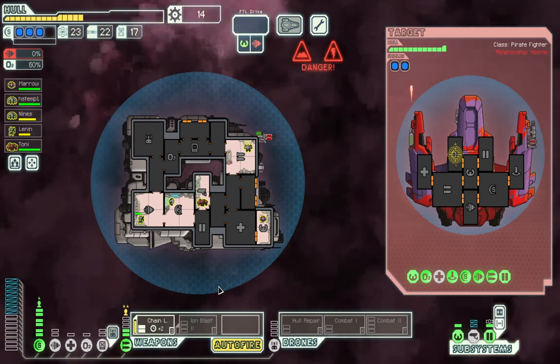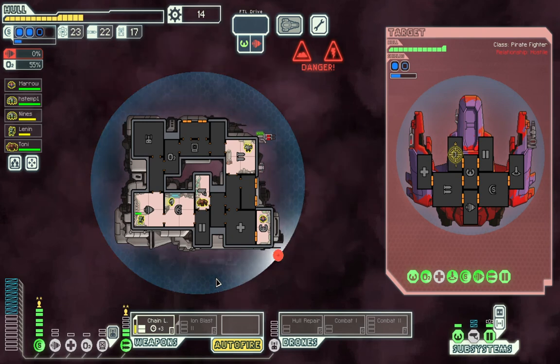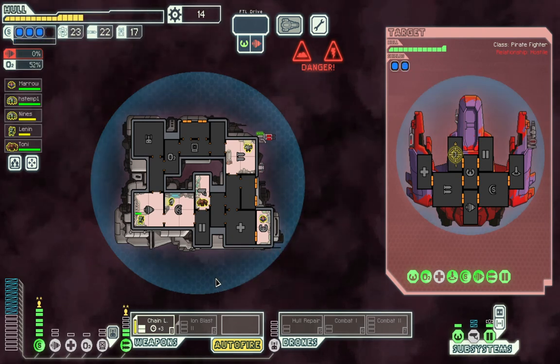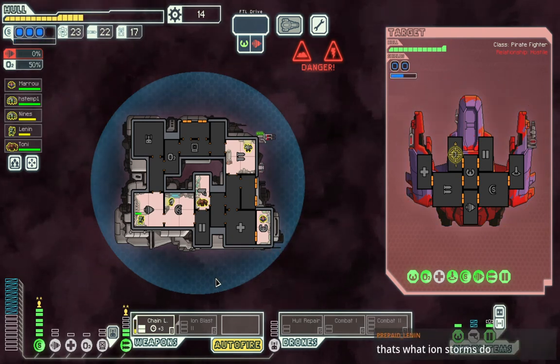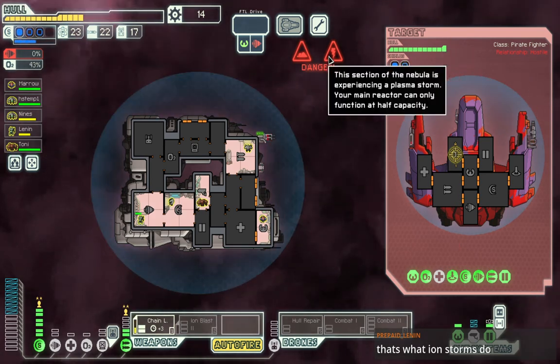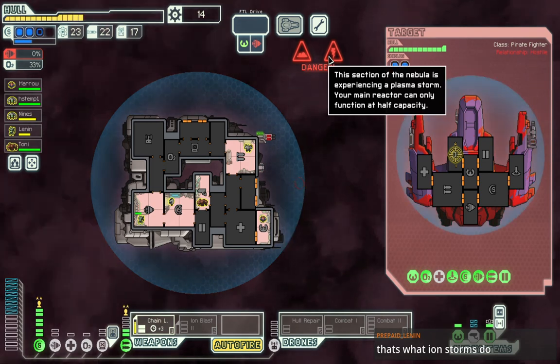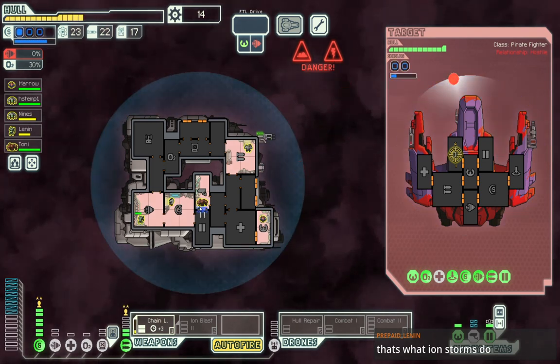Well, the chain laser burst is not gonna be able to cut through this shield. It's just not. Okay, ion storms are different than plasma storms. Because this says plasma storm, and I know that there's a different one that actually has a burst like when you're next to a sun, every so often. Anyway, we're just at parity here. I can't take damage and I can't...